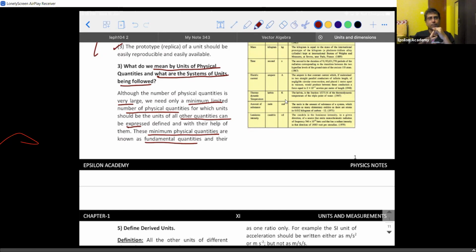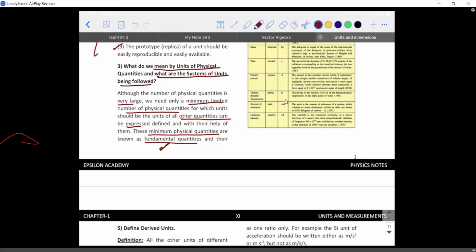But there should be some base, right? So meter is a parameter used to measure length or distance, and seconds or hour, minutes, everything is used to represent time. So what I'm trying to say is length and time can be fixed as the fundamental quantities, so that from that concept of unit of length and time, you're able to derive the units of other parameters. For example, velocity is meter per second. What do you say about acceleration? It's meter per second square. You're able to understand.